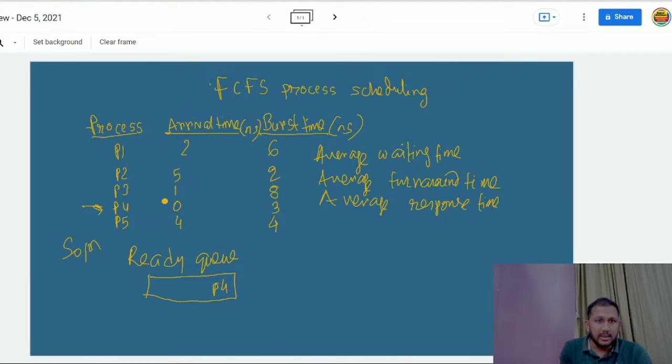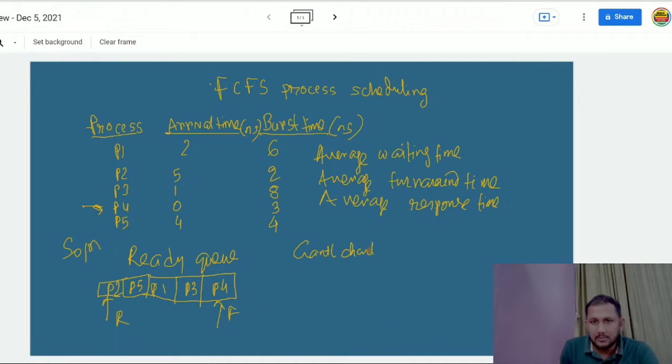And then the next arrival is P3. And the next arrival is P1. The next one is P5. And finally, the last arrival is P2. And this is the front, and this is the rear of the queue. Now, depending on the arrival time, the processes will be served. Now, the Gantt chart